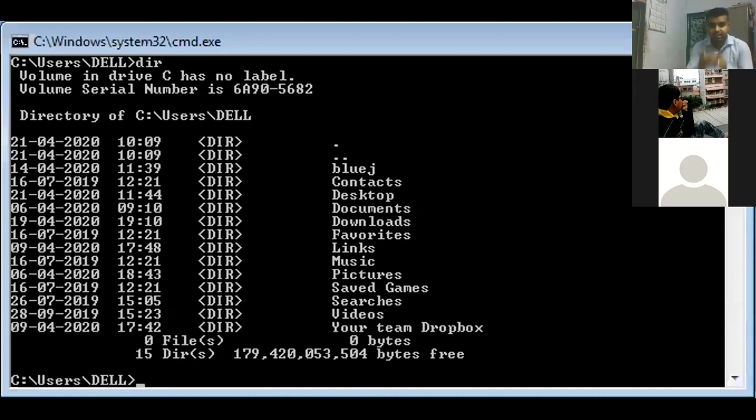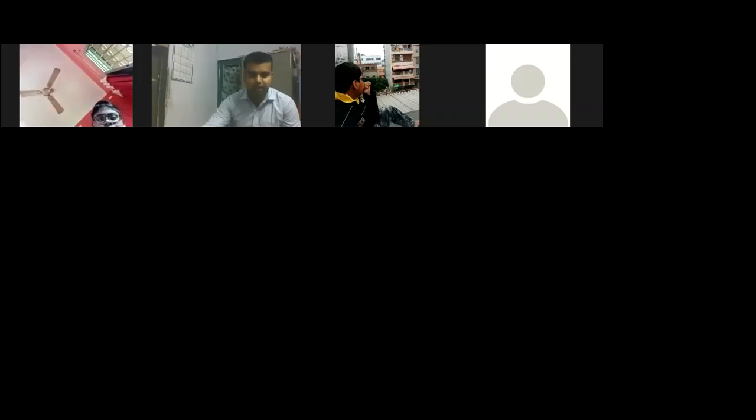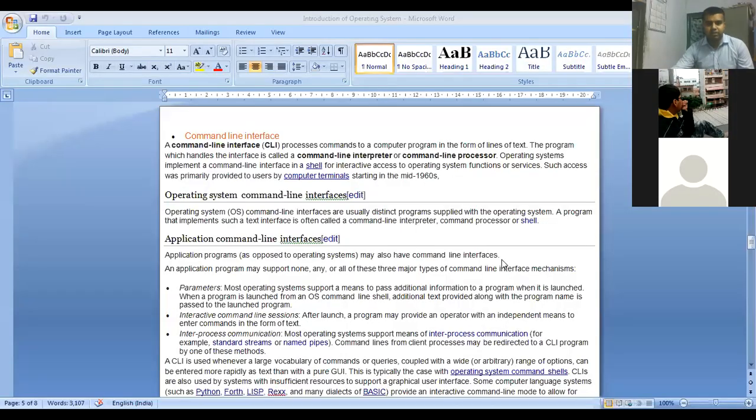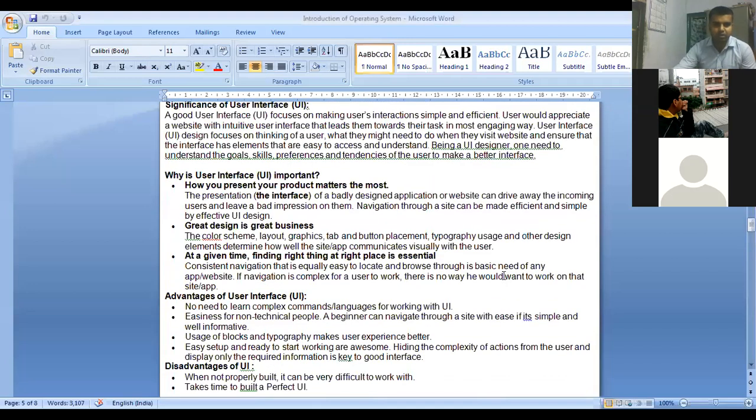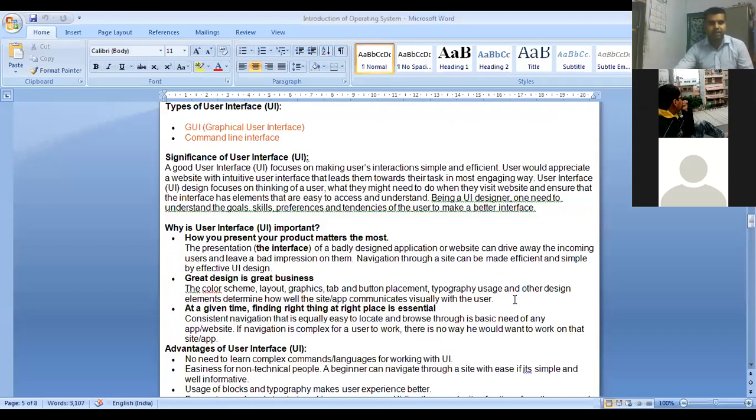So you can see that this was the initial operating system which was invented when the computer was established. With this kind of system, previously the computer was working. The developers understood that obviously this is not an interactive way, not a user friendly way by which people can understand how things work. That is why they introduced the system called user friendly interface, which is also known as graphical user interface.